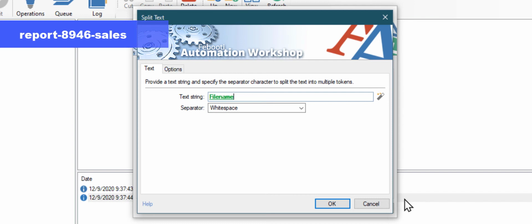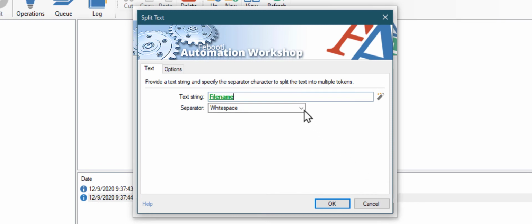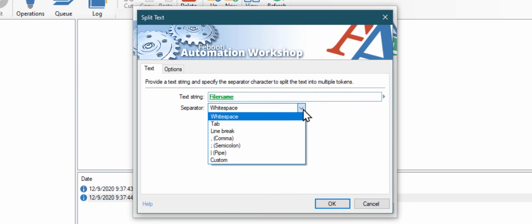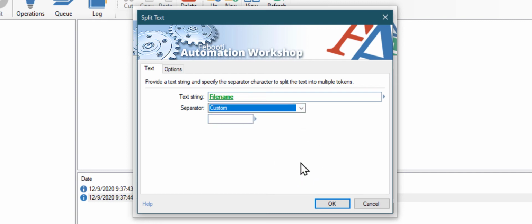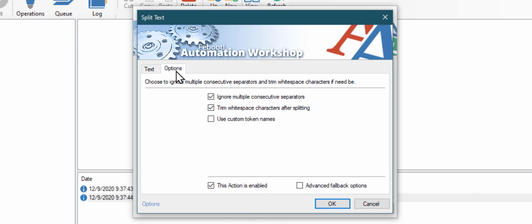As you remember, our file names contain 3 parts, all separated by a dash. Split Text action does not provide us with a dash, so choose the custom separator and type a dash character. Giving a recognizable name for each of the file name parts will aid the task creation process later.